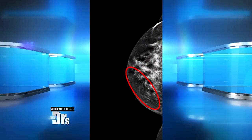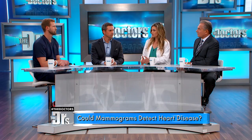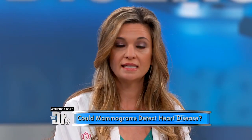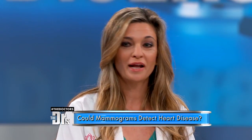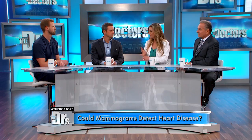Right. And so it turns out, if you look at this photo, that little spidery spaghetti that has calcium in the red circle there, that's an artery, and it has plaque inside of it. And as this study showed, up to 70% of women will also have a higher risk for coronary artery disease and stroke. So of all those 25 studies, not everyone shows a strong association, but definitely when I see that, I can predict that when I look at that lady's list of meds, she's got hypertension, diabetes,